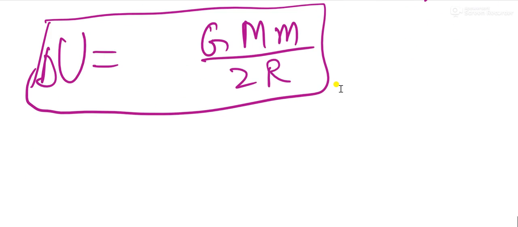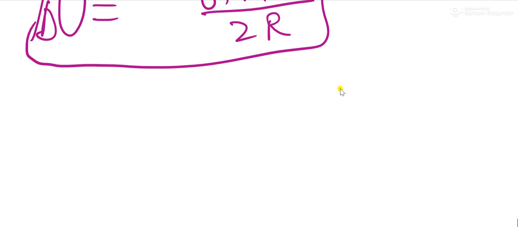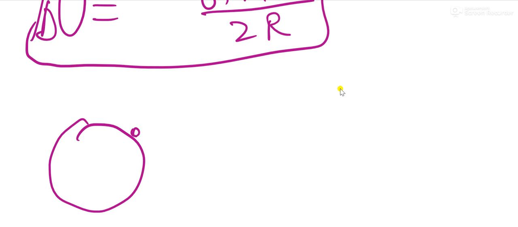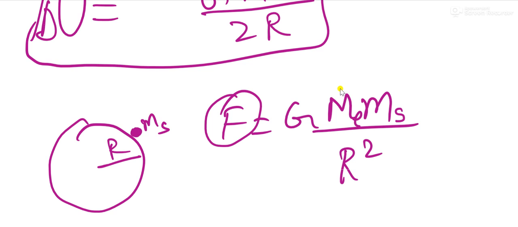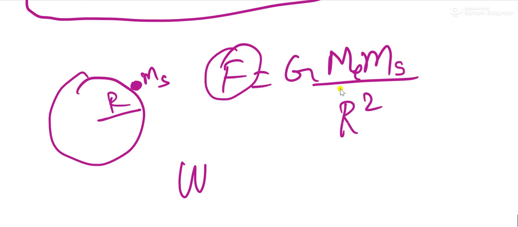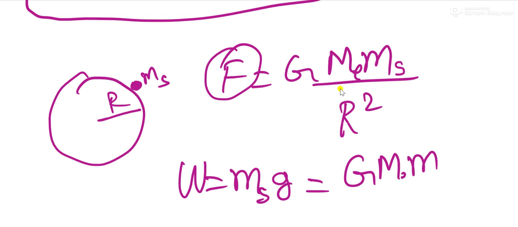The next thing I'm going to do is very simple. Suppose I consider one apple or satellite on the surface of the earth. Then F is equal to G M m divided by R squared, where R is the radius of the earth, M is the mass of the earth, and m is the satellite mass. Force is equal to weight, so W is equal to mg, where m is the satellite mass and g is the gravity on the surface. Why I am doing this, we will come to know slowly. Divided by R squared, this gets cancelled.